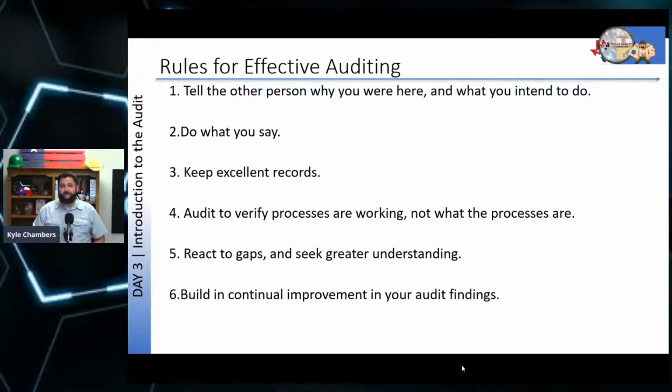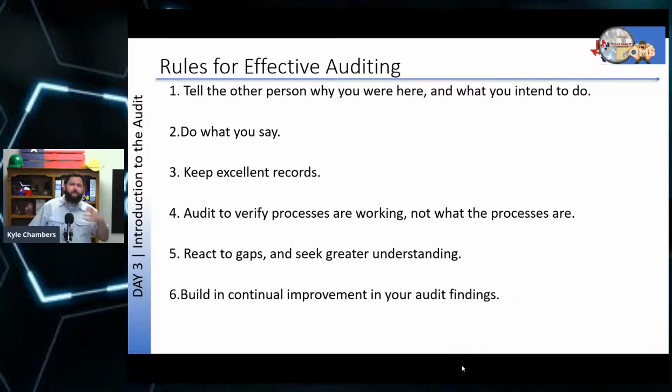You want to keep excellent records. When I audit, I may go through 10, 20 pages of notebook paper of notes, in addition to all the evidence that I collect. You want to make sure that you keep good notes. What exactly did they say? If you're going to quote someone for the purpose of objective evidence in an audit report, make certain you have what they said correctly. And even let them know, hey, I want to go ahead and quote what you said here. Can you repeat that back so I can get it exactly, please? Or could you send me an email with that same information on it, please? But make certain that there's no lack of clarity. You want to audit to verify that processes are working, not necessarily what they are.